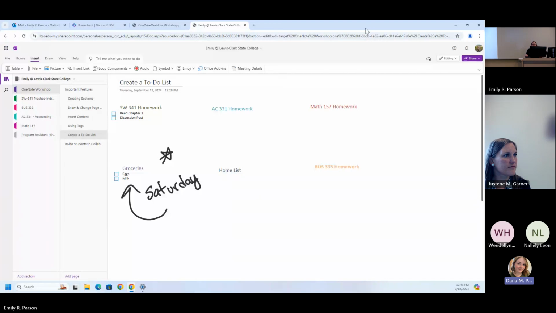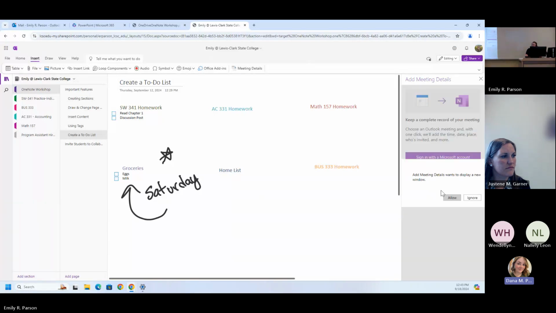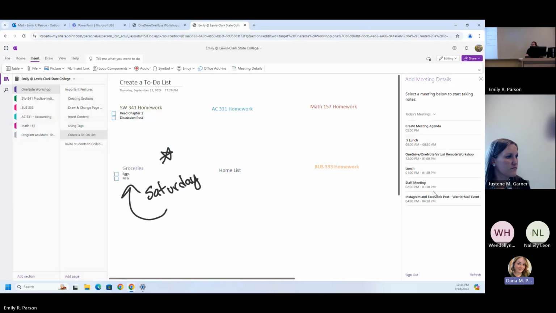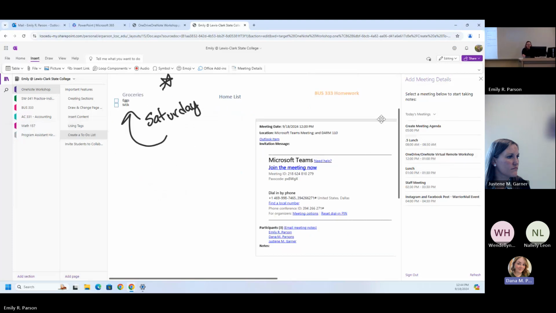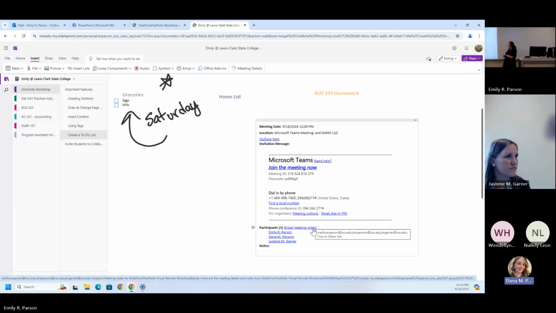and then your Outlook calendar and Outlook email links to your OneNote. So for example, up here I can click on meeting details, and we'll see if it lets me do this easily. If I log in, now it shows my calendar for the day, and I click on that, and it just imported the meeting details, the participants of the meeting, people that have accepted it, and then you can click that email meeting notes button,